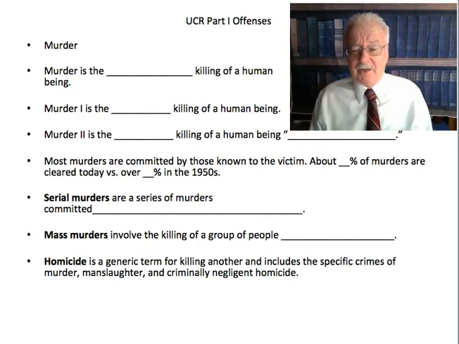I might also mention that homicide also includes the legal killing of people. A person who's executed by the state is legally being killed. A person who is killed by somebody else when they're justified, maybe self-defense, that is also a legal killing, but they're all homicides. So a homicide can be an illegal killing, like murder, manslaughter, or criminally negligent homicide, or it could be the legal taking of a life, like somebody doing it in self-defense.